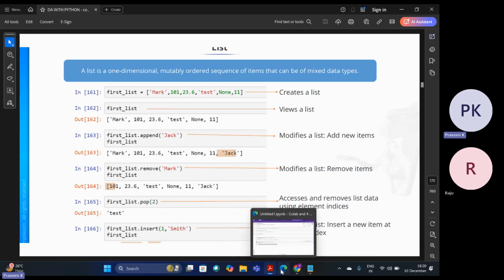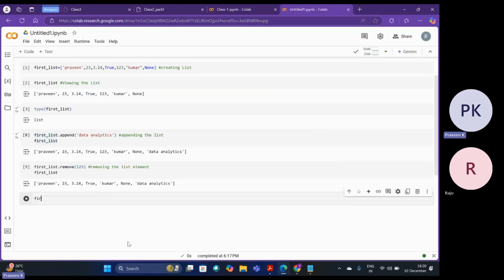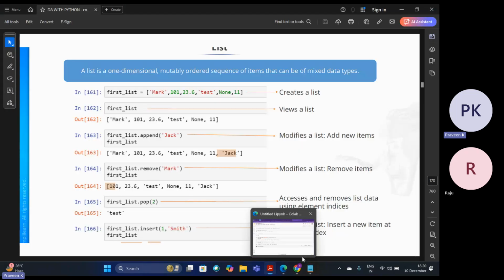So go to the user here. I just want to mention first list dot pop, and I'm going to mention the index position. So what is the position? 5 here. See this notepad. I just want to remove the fifth element. So let me execute this particular thing here